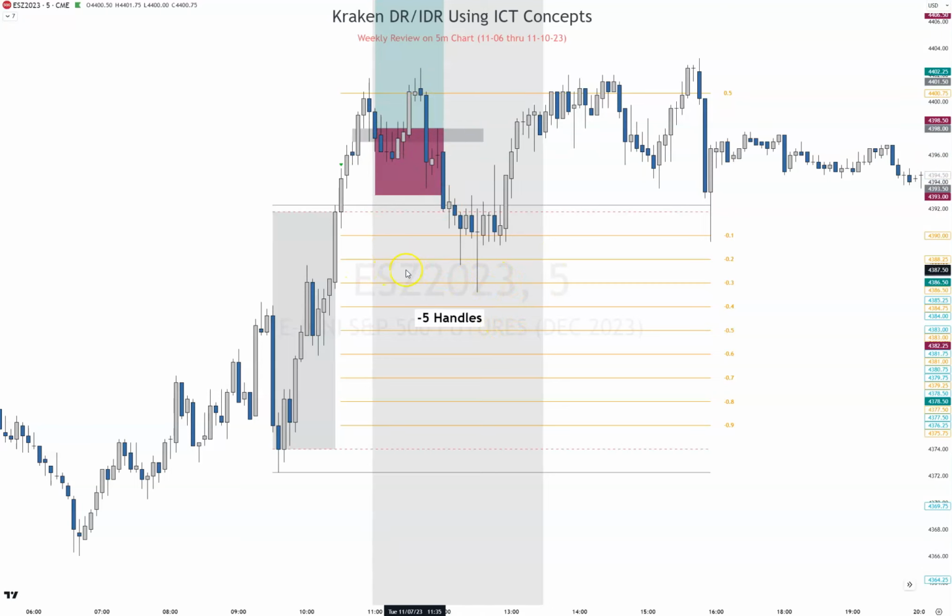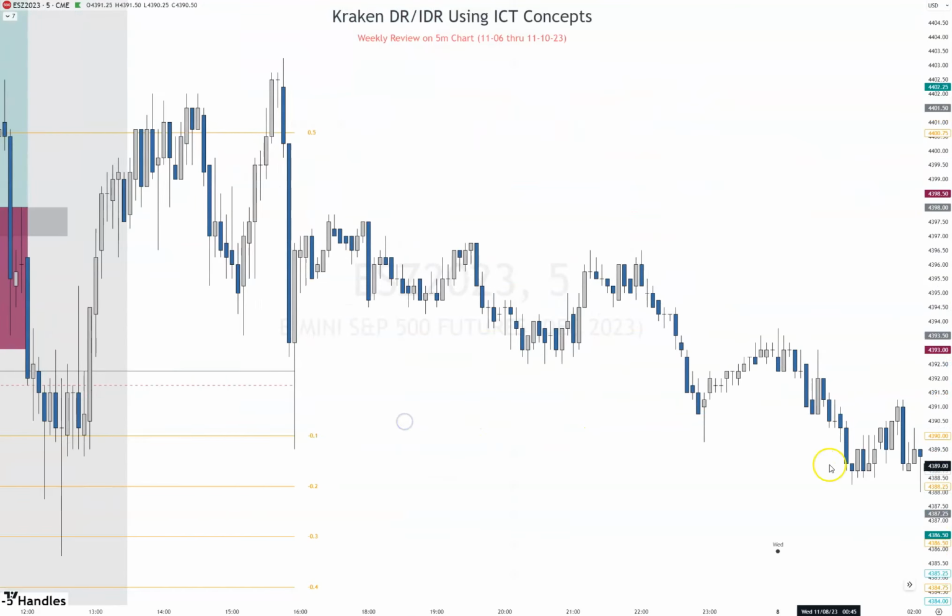I have not been re-entering a second trade during this time because I'm trading market maker models and silver bullet on the AM and the PM and a few other models as well. So I am not taking more than 2 trades during lunch. So I usually just take 1. But if it's a really good setup, I'll take a second one. But this one, no, I didn't take a second trade. So we're -5 handles for the week on Tuesday.